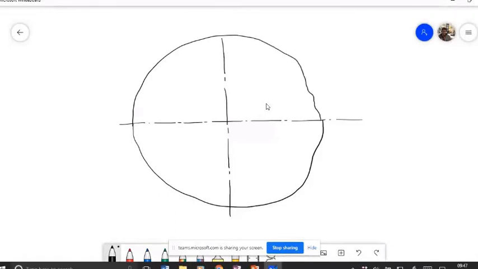Okay, so assume that this is a circle, and it is given that this distance is 80 mm. So that means the radius should be... I mean the diameter should be 160 mm. The two revolutions means the revolution reaches a maximum distance of 80 mm from the center. So from here it reaches a distance of 80 mm.